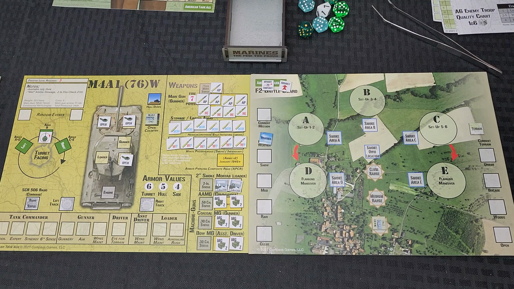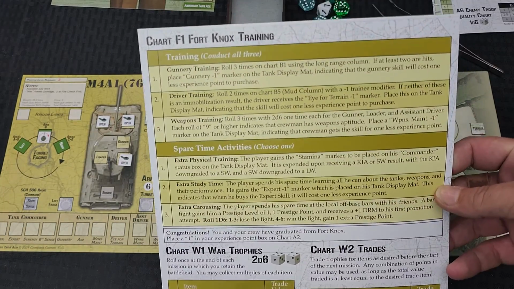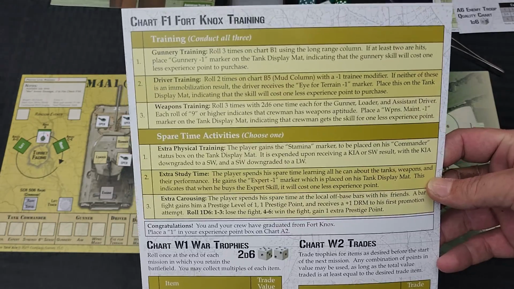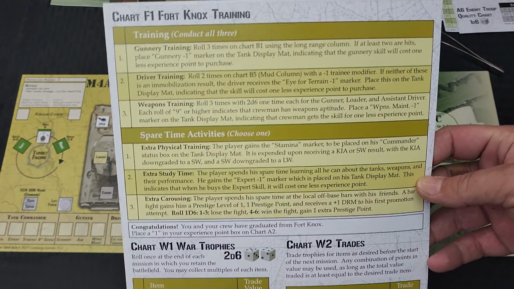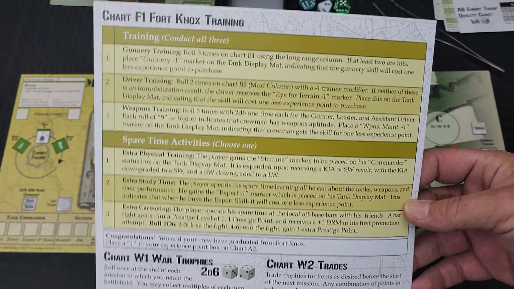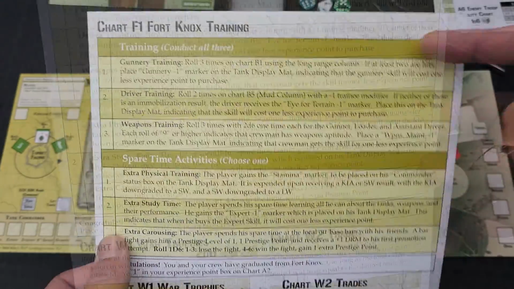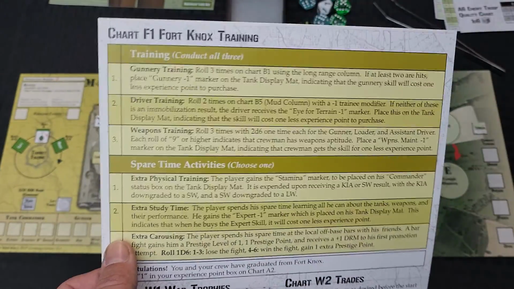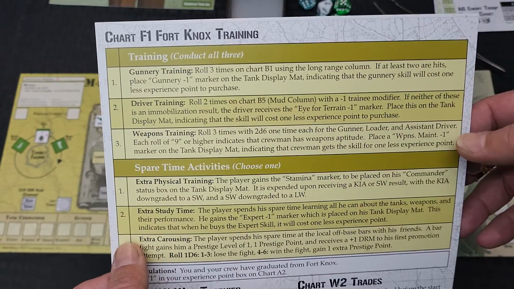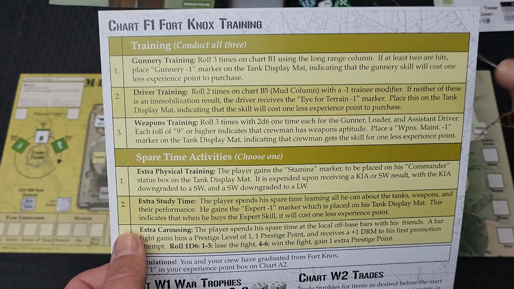Now, before you start, you actually go through training, which is kind of interesting. They've never had this in a game before, at least not that I've seen. And I really like this because it gives you a different starting point for each one of your games. You're only going to do this at the start of your campaign, not before each mission. I'm not going to go through all of these rolls for our little example game here, but when you're starting a campaign, you definitely want to do this because it can potentially give you some bonuses,